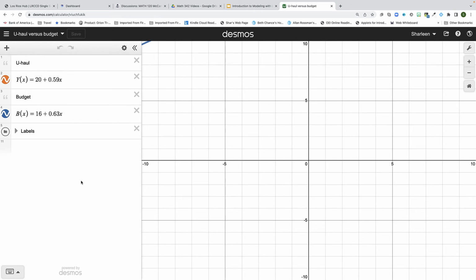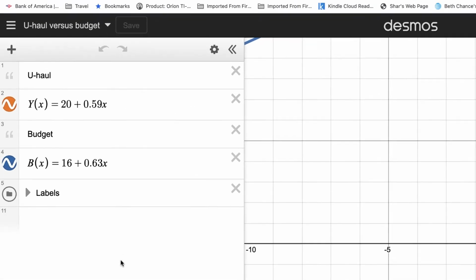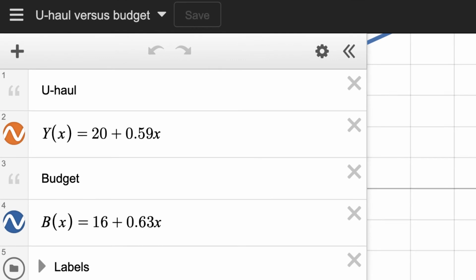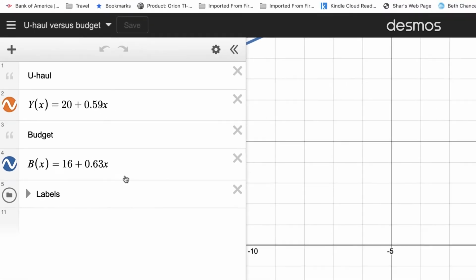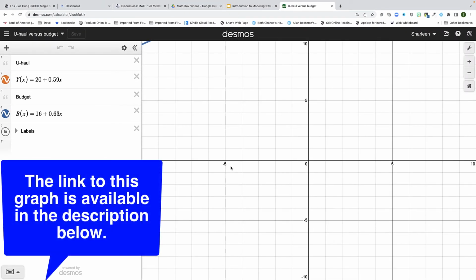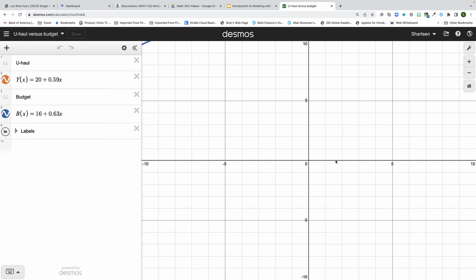I've opened up a new Desmos graphing calculator window. On the left-hand side, I've entered the formula for the U-Haul function, y of x, and the budget function, b of x. These graphs will be displayed in orange and blue, respectively. Oftentimes when you enter the function on the left-hand side, you will not immediately see the graph in the graphing window on the right. This is because Desmos defaults to a 10 by 10 viewing screen. There's a few things you can do to expand the window. You can use the mouse to scroll in and out. You can use the zoom in and out buttons on the right-hand side, or you can use the wrench to